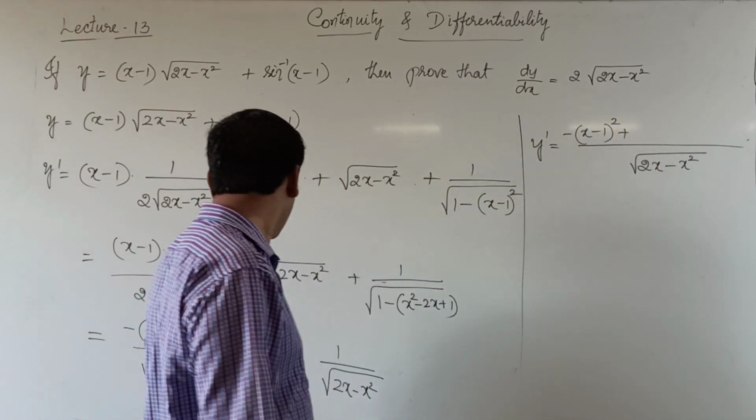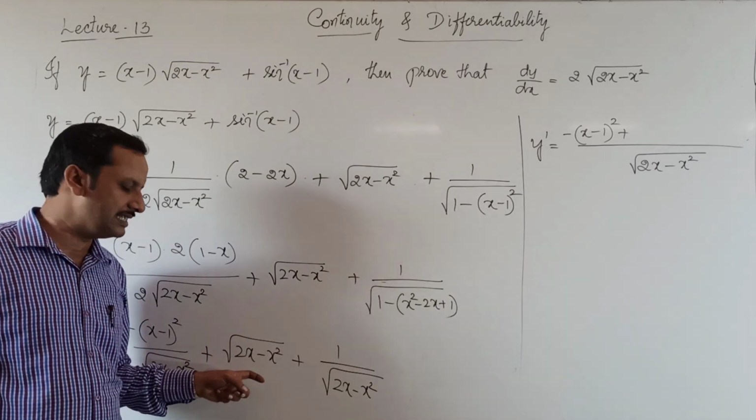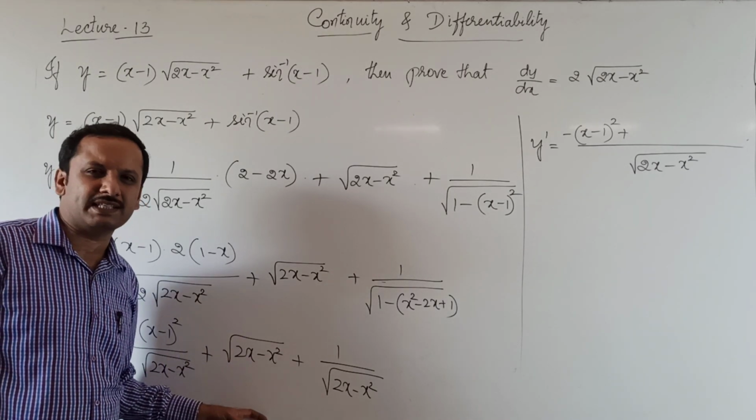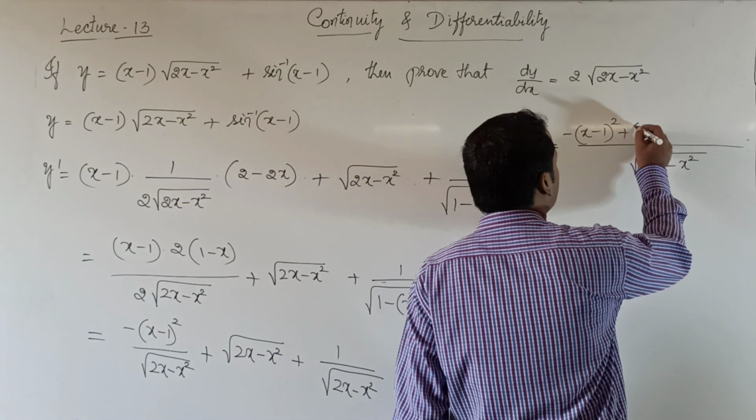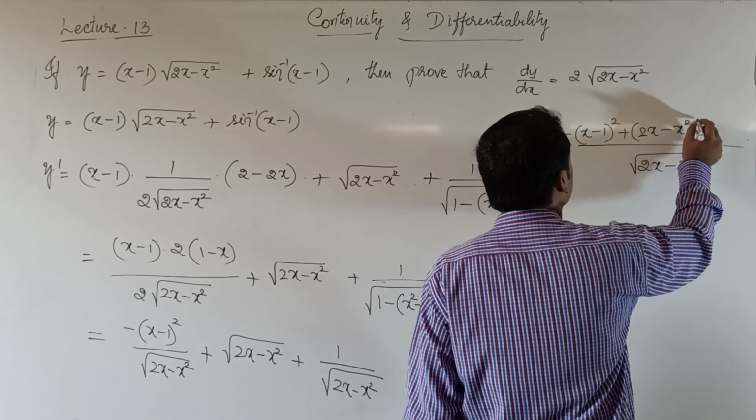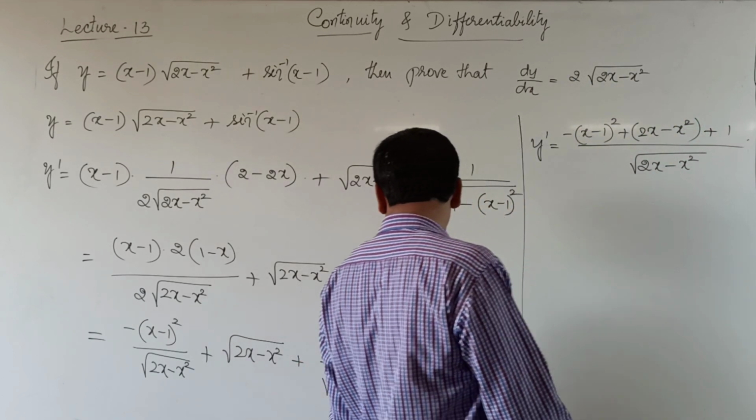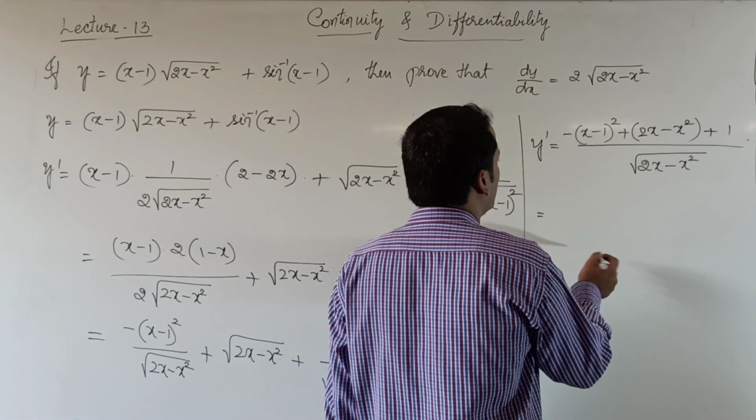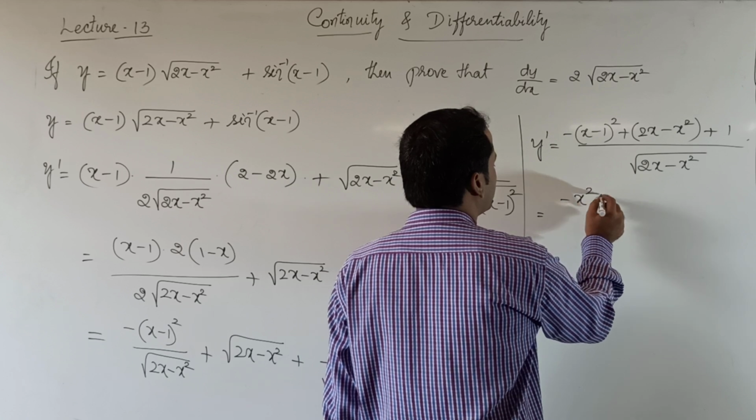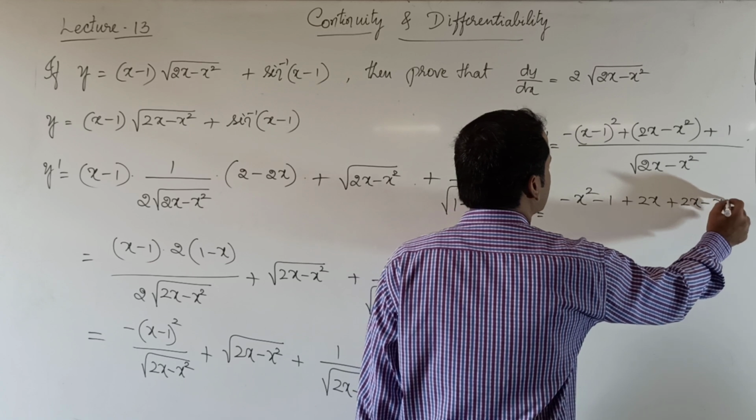Plus, here the denominator is 1. So when I take LCM, root 2x minus x square is the LCM. So 1 root 2x minus x square into root 2x minus x square will give you 2x minus x square. And here plus 1. Now this on simplification will give us minus x square minus 1 plus 2x plus 2x minus x square